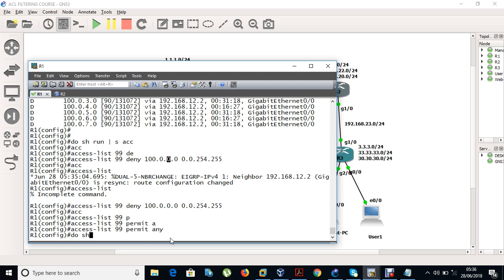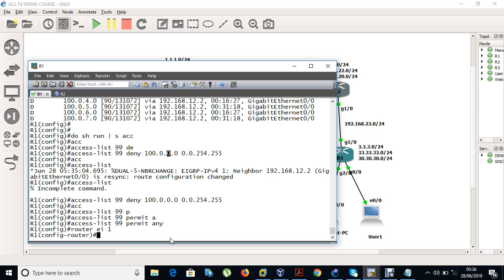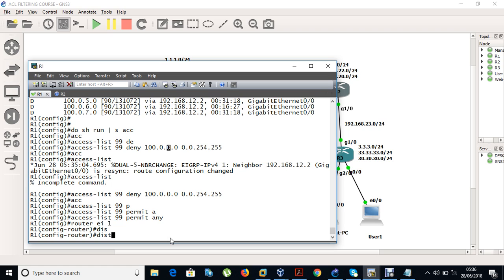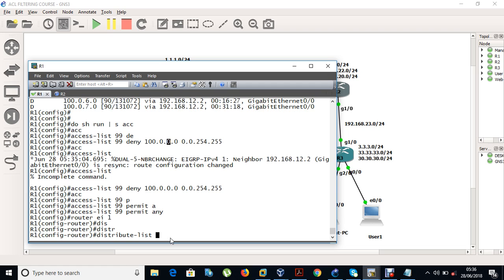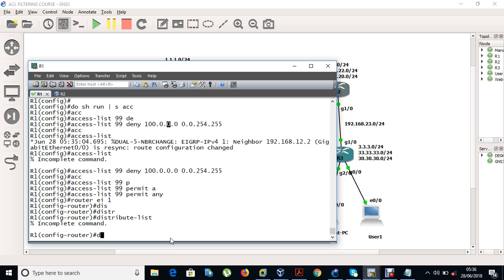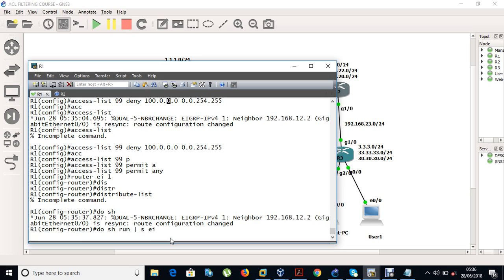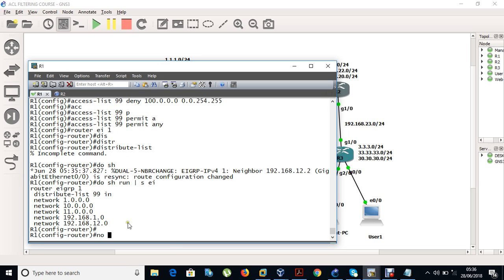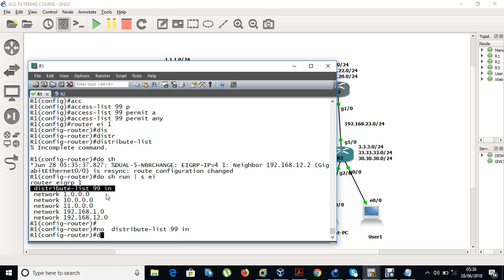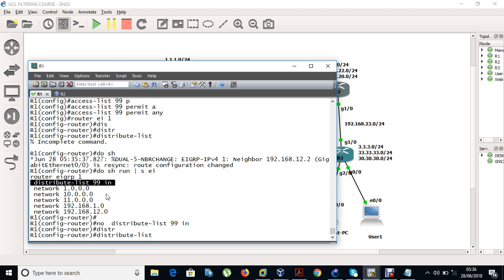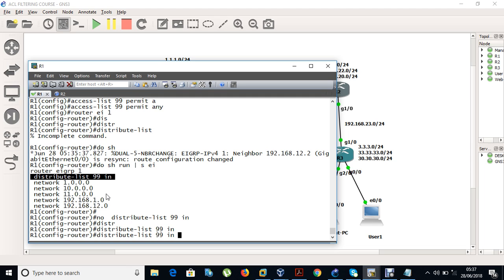And do router EIGRP 1, distribute-list. Do we have another distribute list? Let me check if we have it. Yeah, we had a distribute list, so let me get rid of this one. So distribute-list 99, our access list, then in, because we are restricting updates from coming in